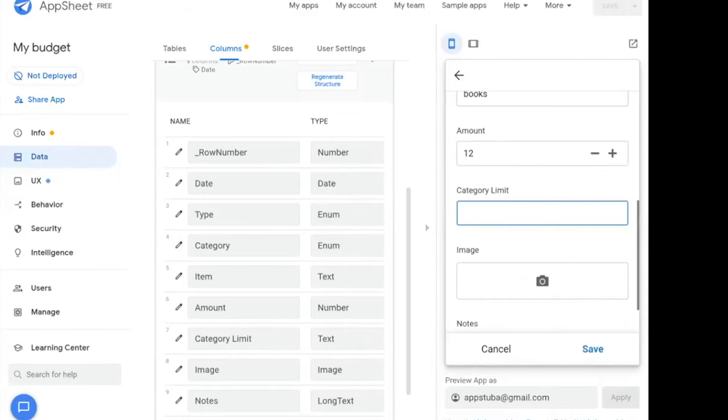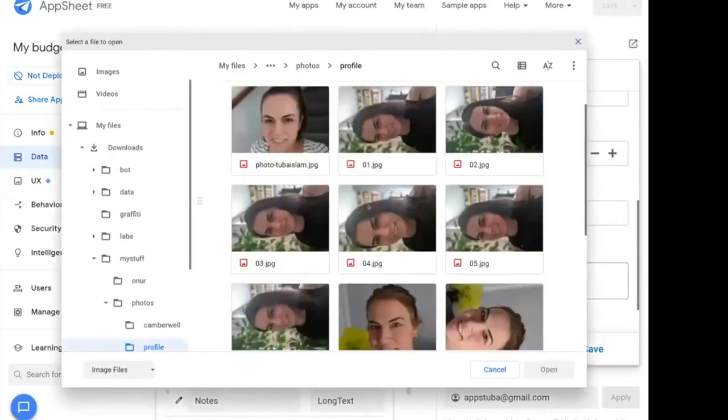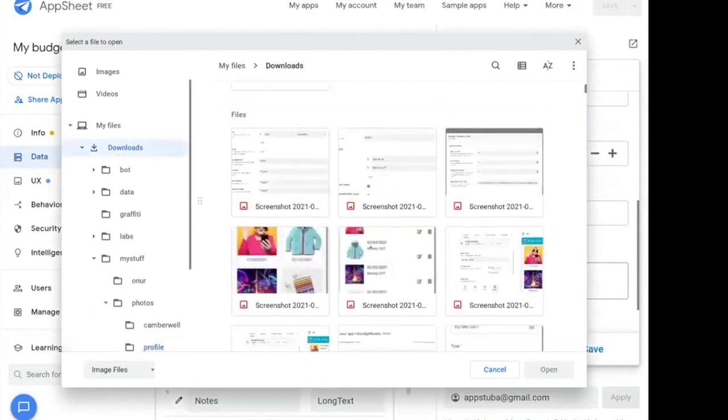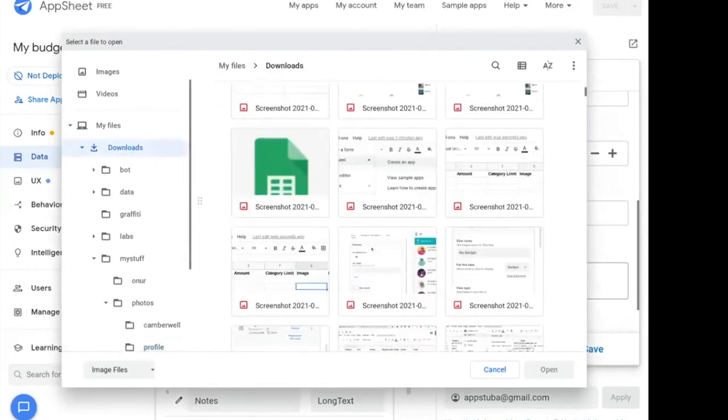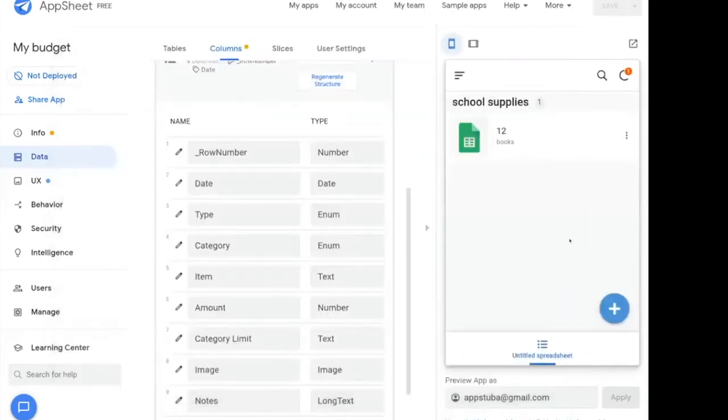I will not go into that now, but you can keep it empty for now or put just 90. And you can take an image from your, let me see, I don't know if I have something here. Let's say this is a book. Just upload it, save. Here we go. You can also add some notes if you want to. So this is the very basic version of our app.